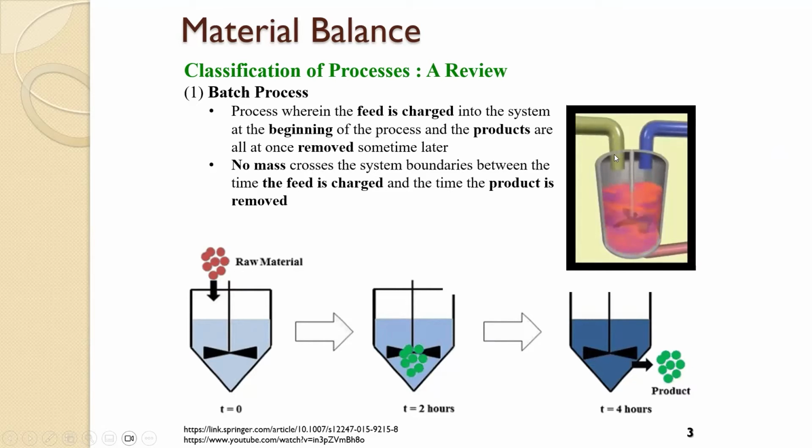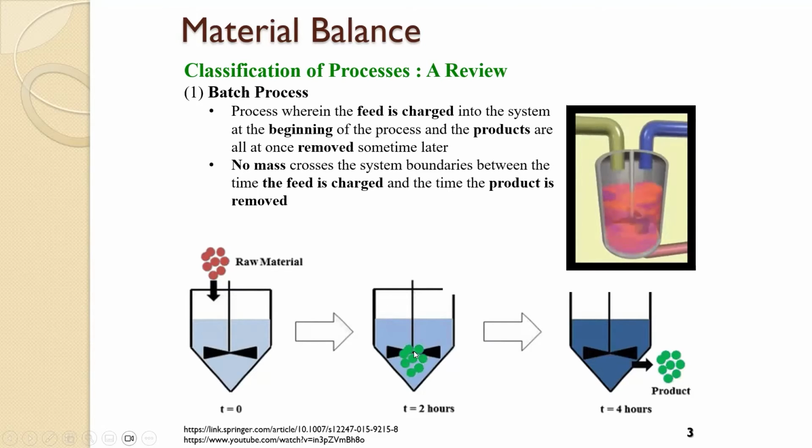So you notice only the yellow and the blue are being fed. If there are any other things being fed, we don't really care about them because I declared this as my system boundary. The things that enter here are only the yellow and the blue. The thing that exits is only the red. So in here, you can see raw materials entering at time 0. After 2 hours, di ba, you notice the liquid level is the same, meaning nothing has been added in between.